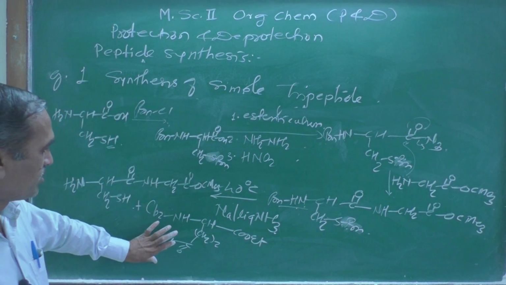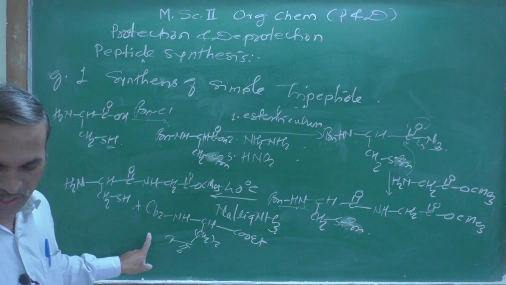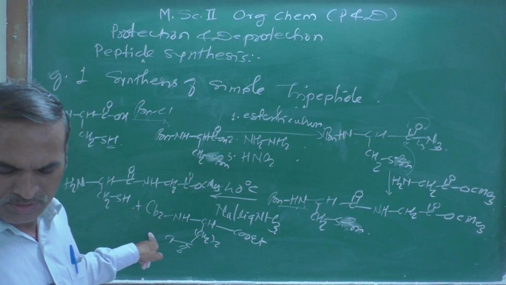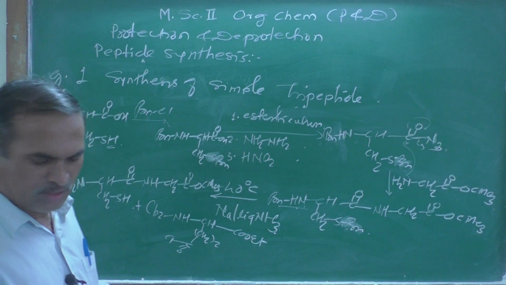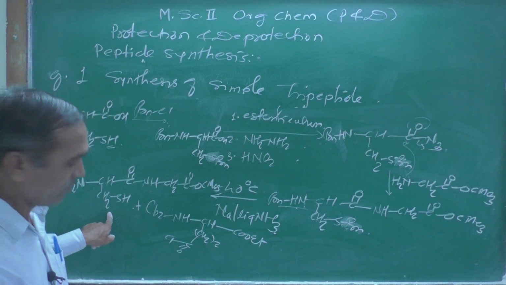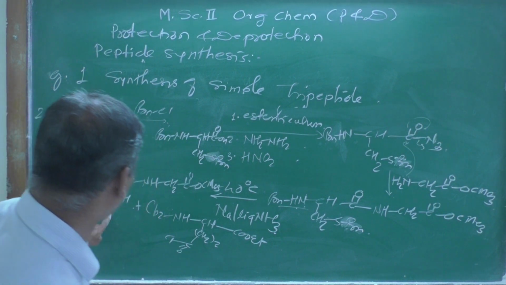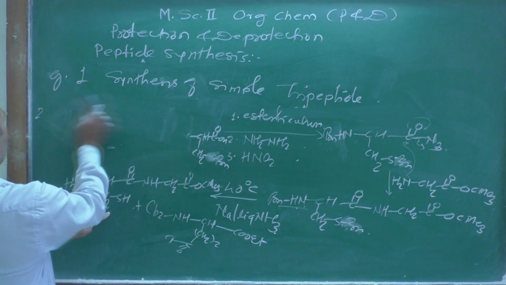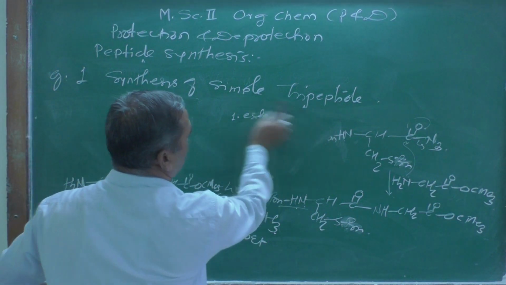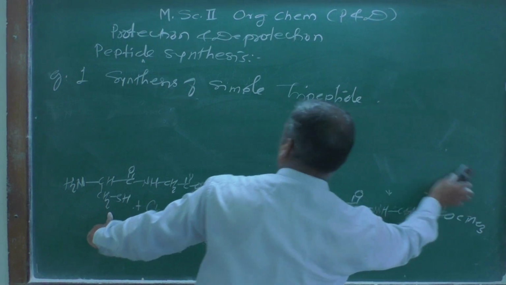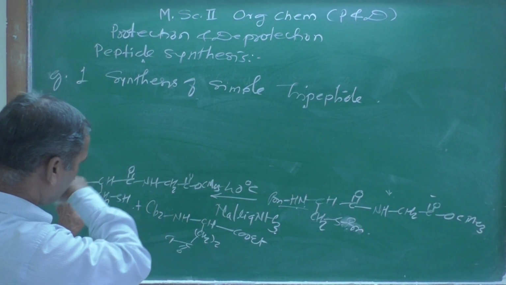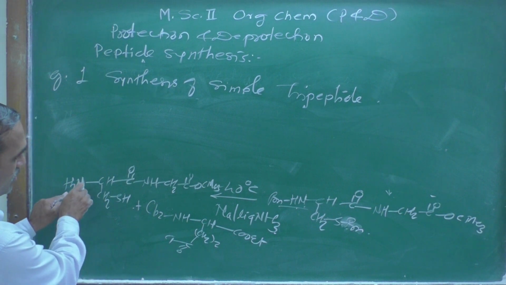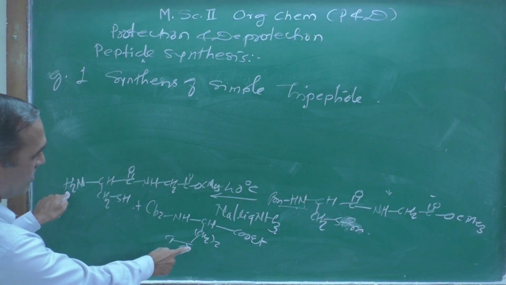When this and this condense together, what are you going to get over here? Let me clean the board here, and here you are going to get, after combining, look at here, this NH2 is going to attack on this,